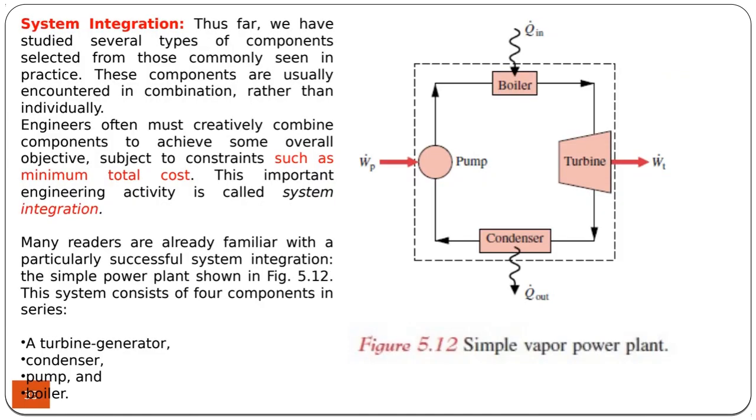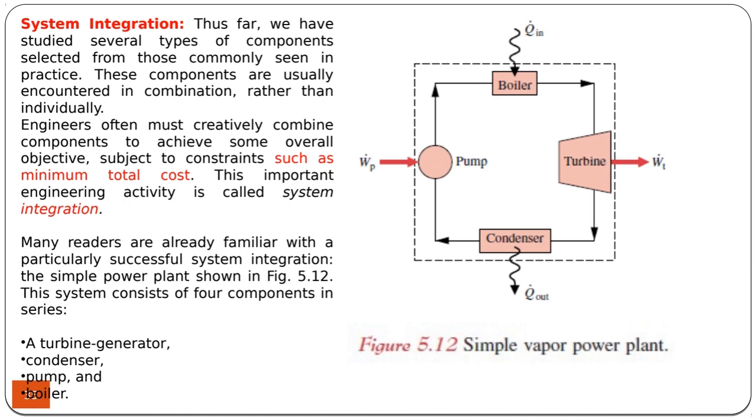Up to now, we talked about many single stream devices such as nozzles, compressors, diffusers, pumps, turbines, heat exchangers, and these devices are actually used in system integration. For instance, this is an example system integration used in a steam plant. It's actually called a steam cycle. We will call it later Rankine cycle. In the Rankine cycle, we have basically